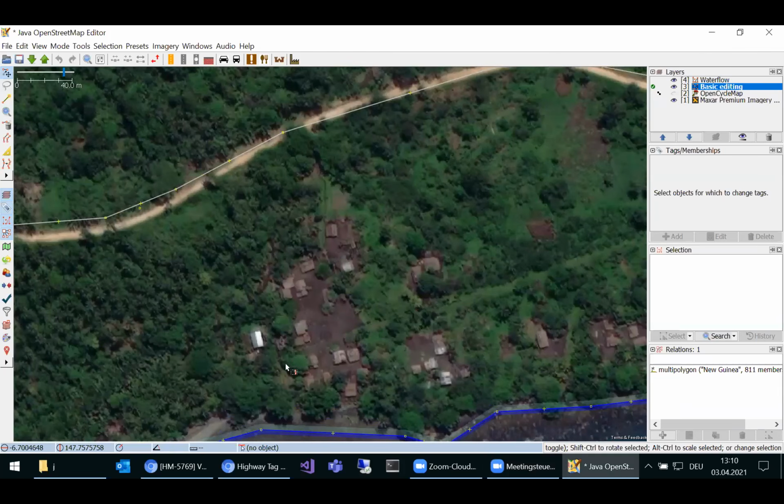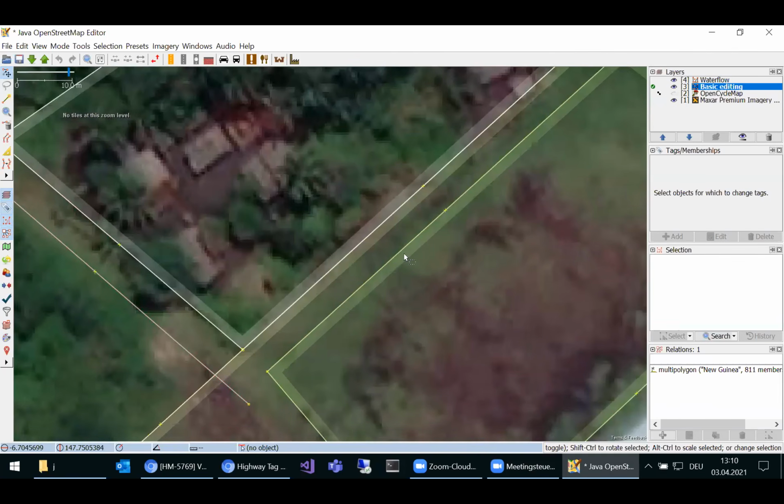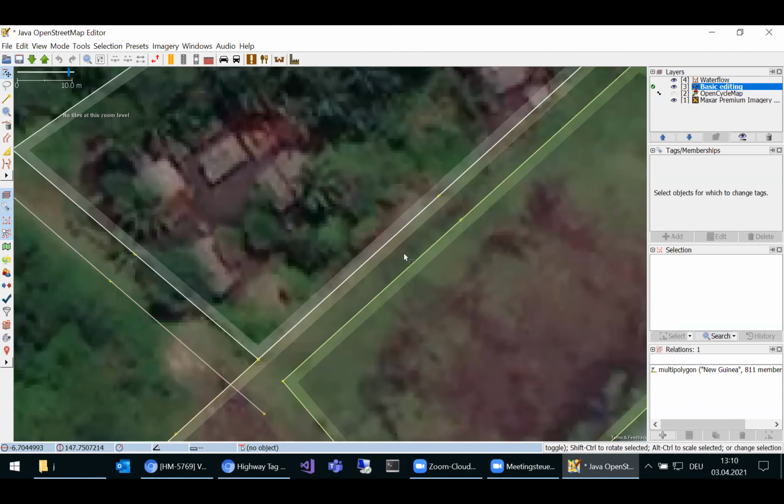So this is my previous example here. This is also a quite nice example where you can barely see buildings, but